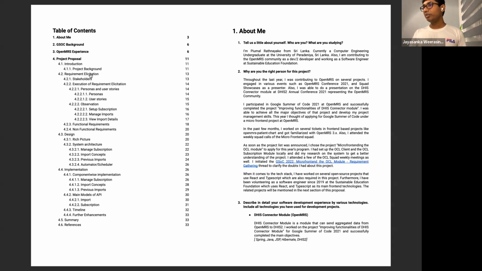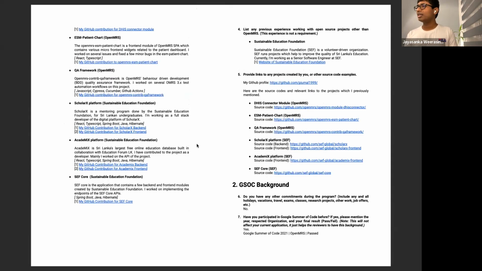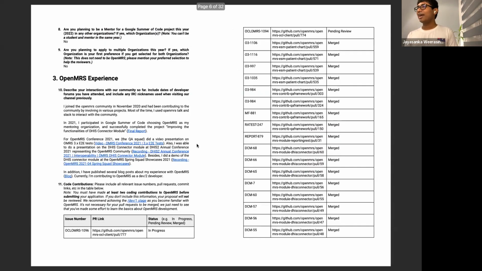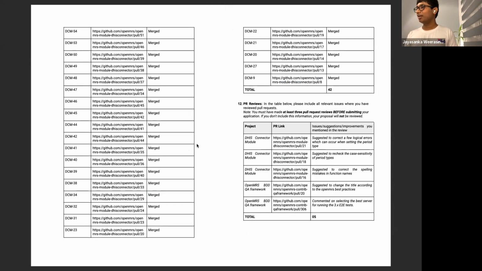It has the requirement, a design, and also an implementation detail, right? So here, he has listed all his open source contributions and his previous PRs to OpenMRS, 42 PRs.